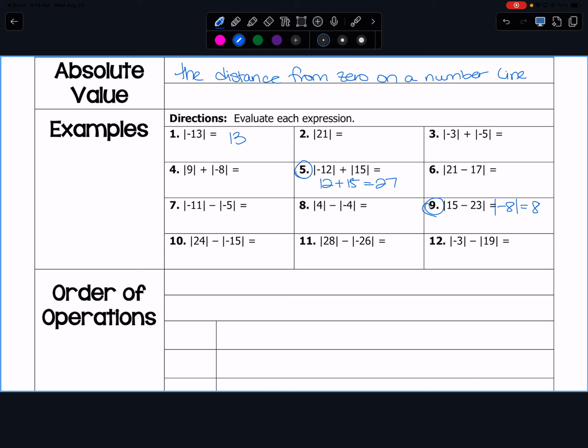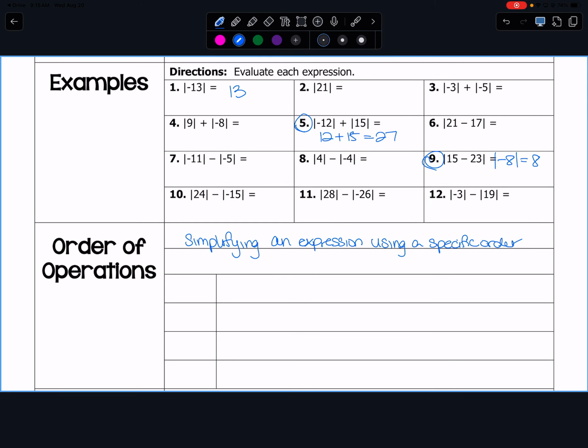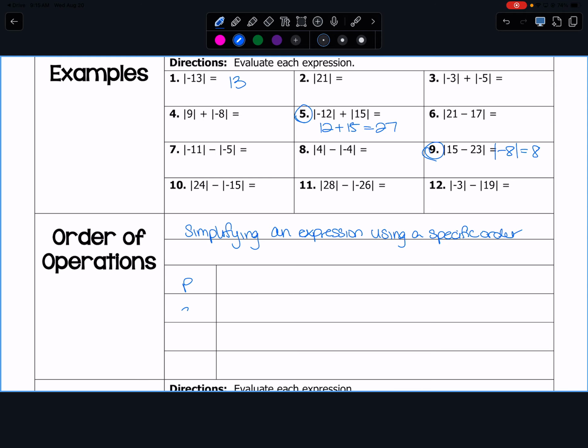Okay, so order of operations. Good old PEMDAS. Please excuse my dear Aunt Sally. So order of operations is simplifying an expression using a specific order. And you will always use order of operations. So PEMDAS,